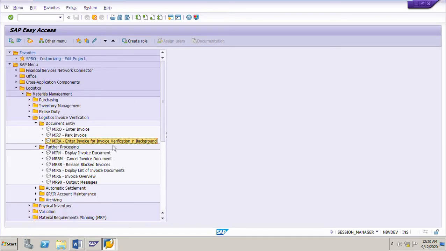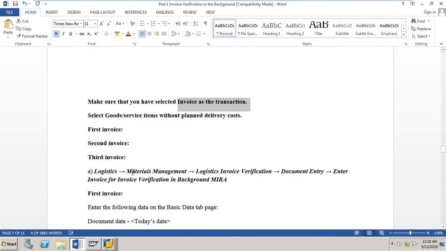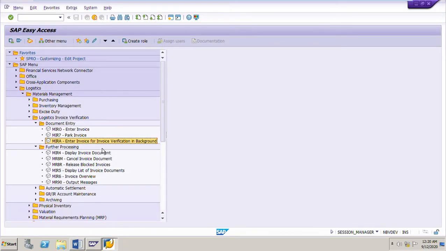So this is the MIRA transaction code. The path is logistics, materials management, logistics invoice verification, document entry, MIRA transaction code. So this is the path here. Okay, MIRA. So here go to MIRA transaction code